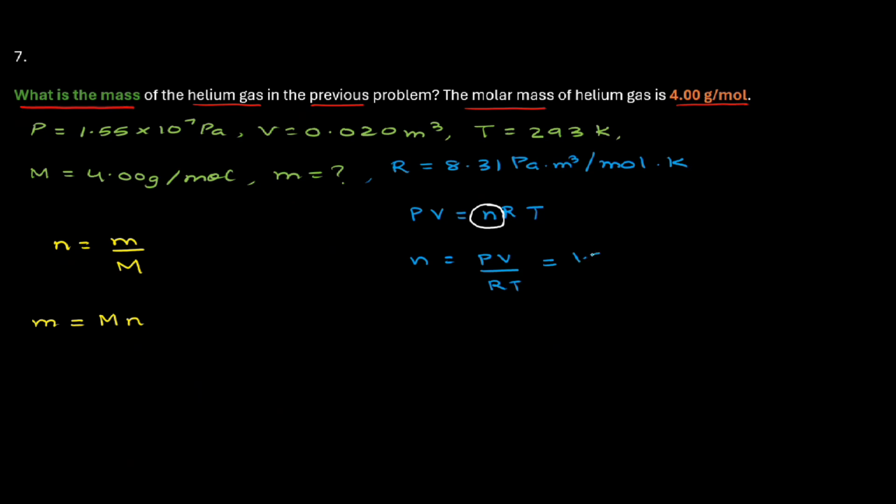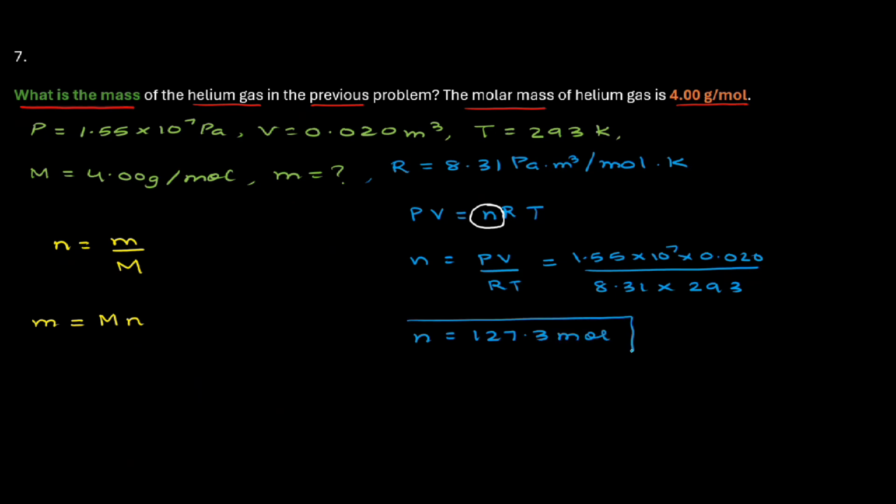Now substitute the values of pressure, volume, and temperature. Pressure is 1.55 times 10 to the power 7. Volume is 0.020. R is 8.31 and the temperature of helium gas was 293 Kelvin. When you solve this, you get the number of moles n as 127.3 mole. Now I'm going to substitute this to calculate small m, the mass of the gas. Mass of the gas is molar mass, 4 gram per mole, times the number of moles,